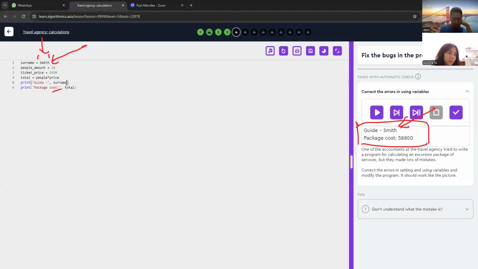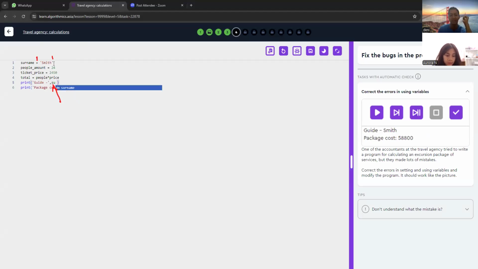You just need to add quotes here. Oh, in here. Yeah. For this part, just type the variable surname. Yeah, that's right.